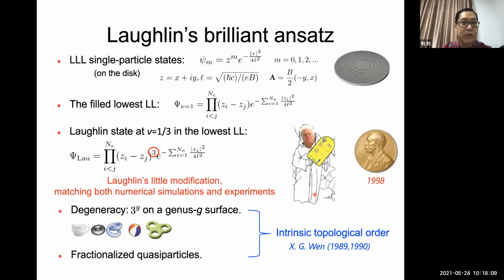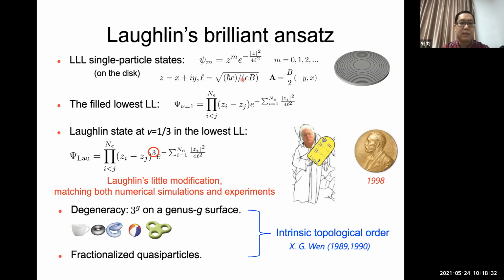Okay, now I show you Laughlin's brilliant ansatz wave function. Let's consider a 2D electron gas on a disk geometry. Then the lowest Landau level single-particle states can be written in this form. Here, z is the position of an electron, m is an integer starting from 0, and l is the magnetic